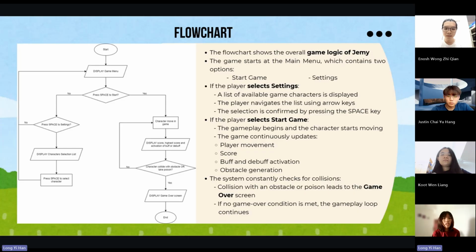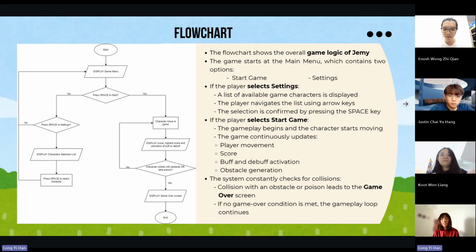So this shows a clear flow of this game logic. First of all, the game starts at the main menu, which contains two options, start game and settings. If players select settings, they will be provided a list of animal characters, and the player can navigate through the list using the arrow keys. The selection is confirmed by pressing the space key.